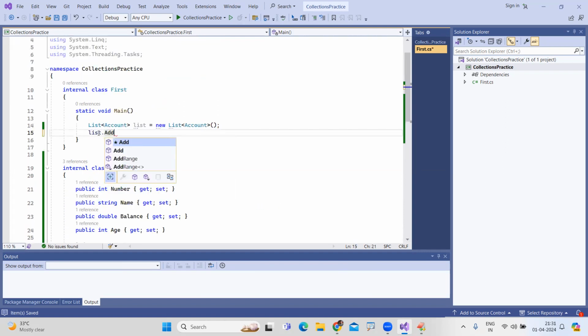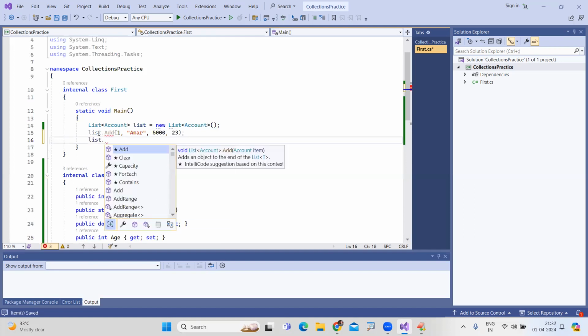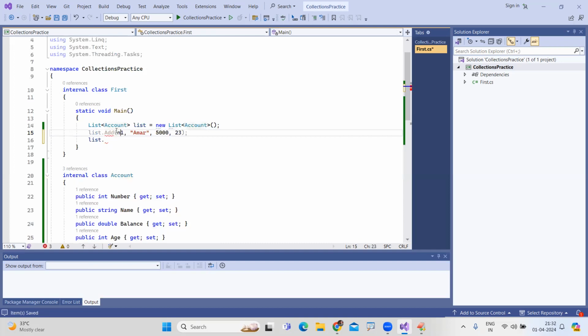Just list dot add of the values we are giving. Number is a name, suppose is a balance, and is an age. So one time if you write the code, the remaining are all the same. But sir, why is it giving an error message? Because here you need to add an account object passing the values,